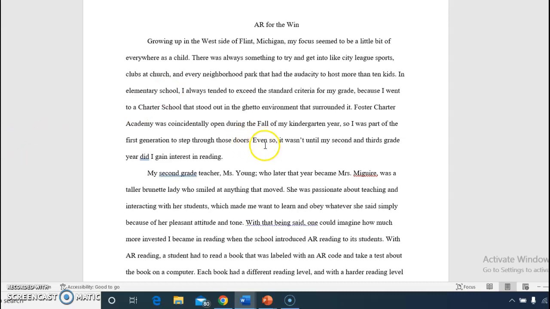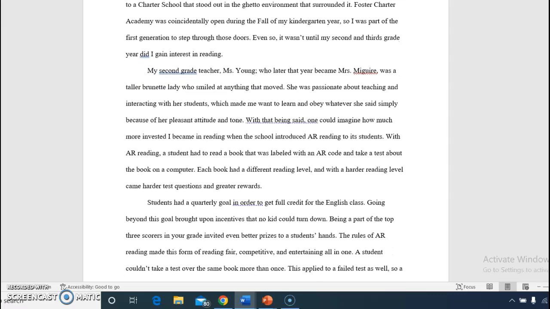So there are a few little mistakes, of course, just some minor grammar, and just for time's sake, I'm just going to point out a few. We might actually take a look at this essay in class together, so maybe we can get into the nitty-gritty of it. But right here where it says my second and third grade year, I would say even so, it wasn't until my second and third grade years did I gain an interest in reading. So down here,